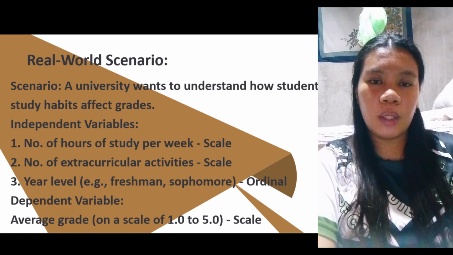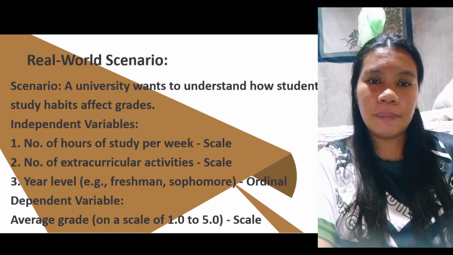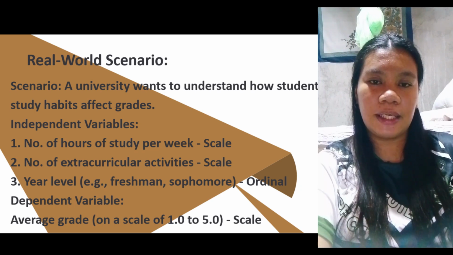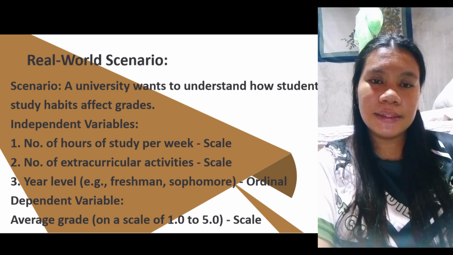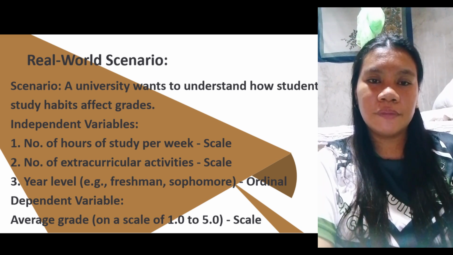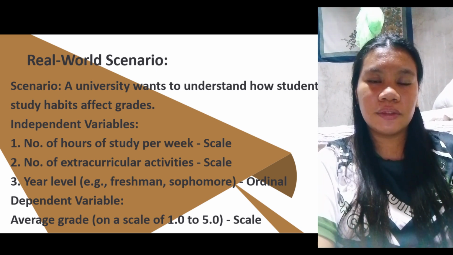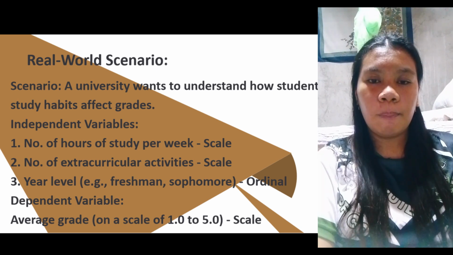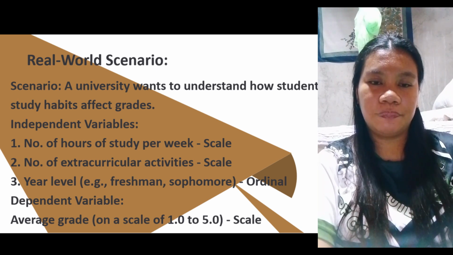Next we have the dependent variable. Here in the dependent variable, we have the average grade on a scale of 1.0 to 5.0. Here in SKSU we have our grading system: 1.0 is the highest grade, and 5.0 is the lowest grade. So I have here an example of